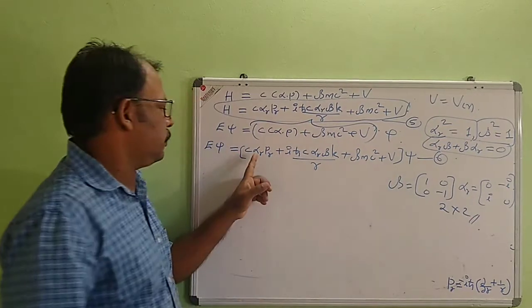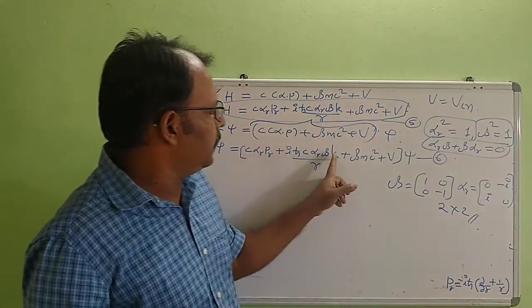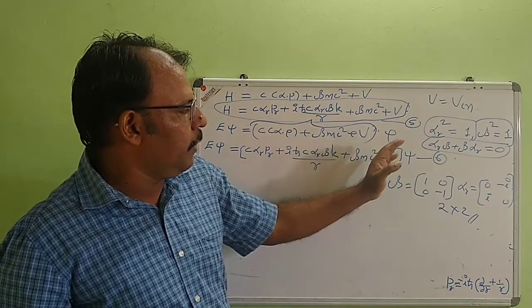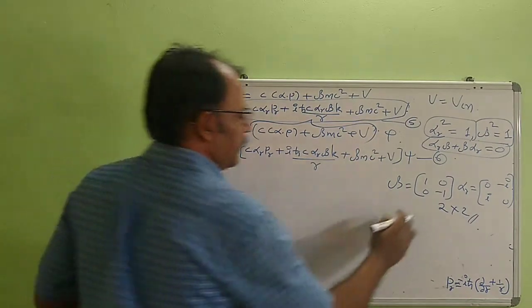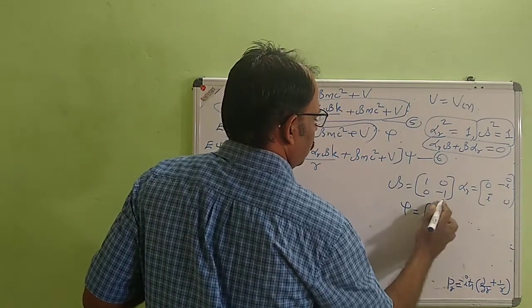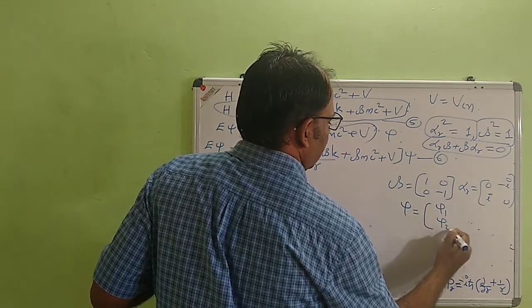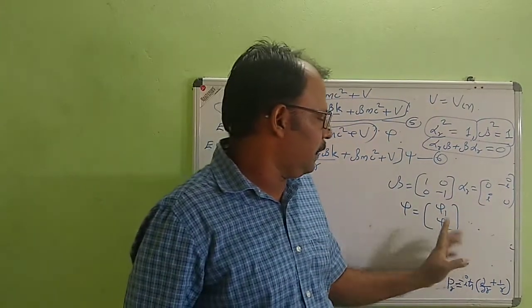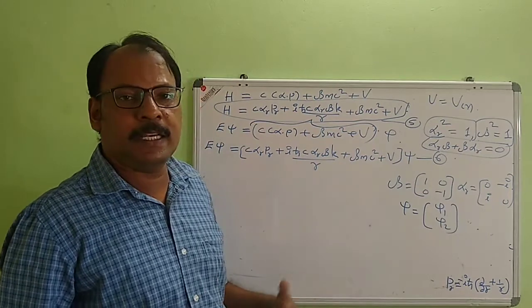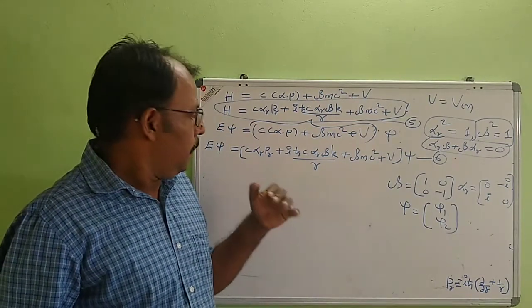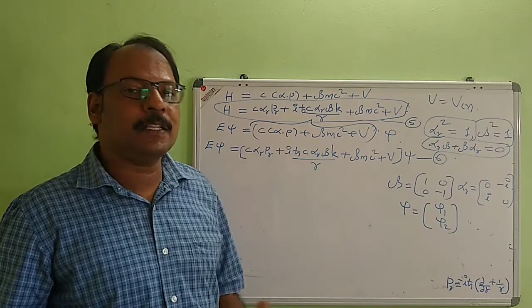So in this equation, alpha R is a 2 by 2 matrix, beta is also a 2 by 2 matrix. That means the wave function also should have two components. We take the wave function psi as having two components, psi 1 and psi 2, and we are interested in the radial part of the solution. Why? We need to calculate the energy eigenvalue.